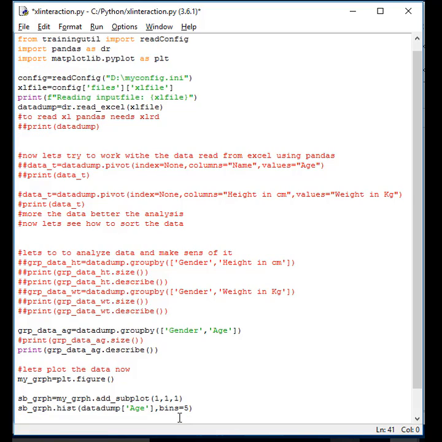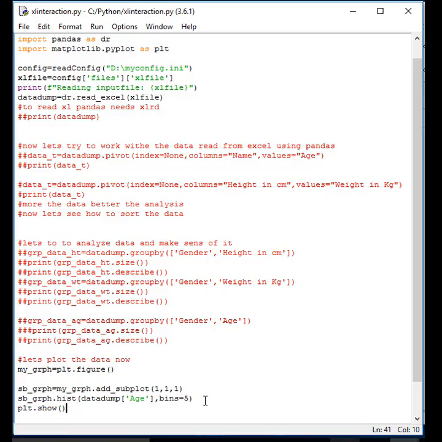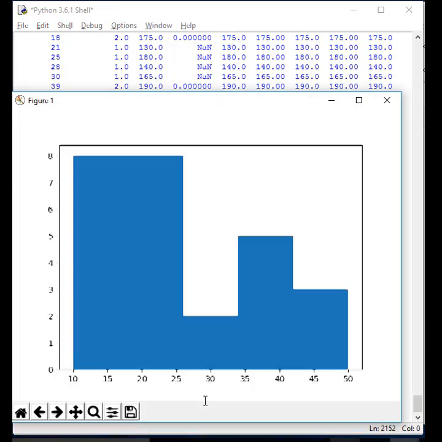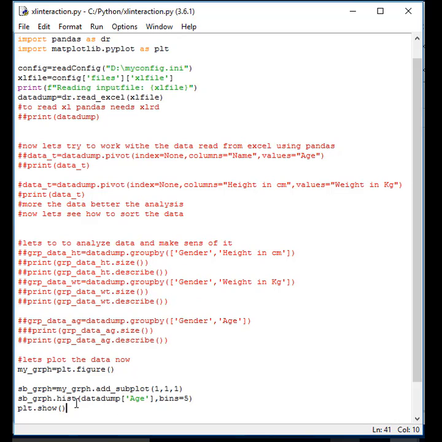Okay, so now we have to actually show the plot. So it will be plt dot show. That is going to plot your graph and show it on your screen. Let's run it now. So it has plotted now, but this doesn't make any sense because there are no labels on the axis,